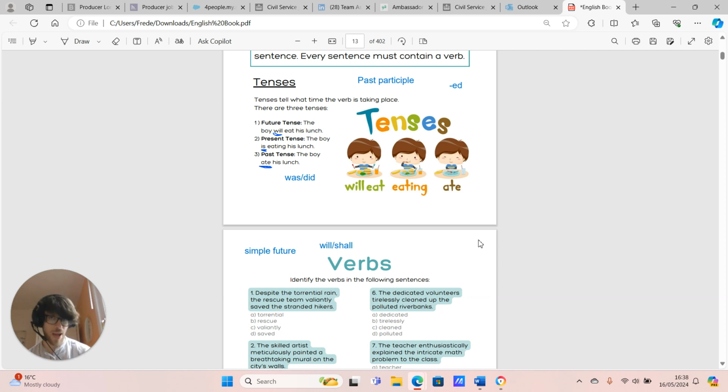It's the easiest way, perhaps, to form a future tense. We see it up here. You know, we spoke about this, we underlined it, the word will. The boy will eat his lunch. This is, to be more specific, not just future tense, it's the simple future tense. Now, these verbs here, will and shall, or in a different version, would and should,